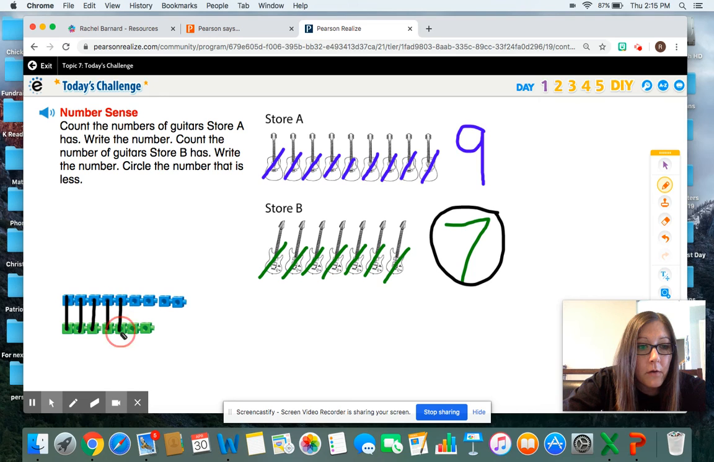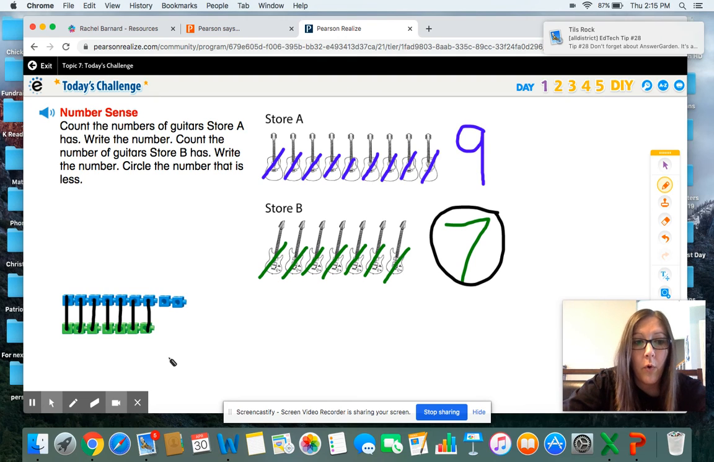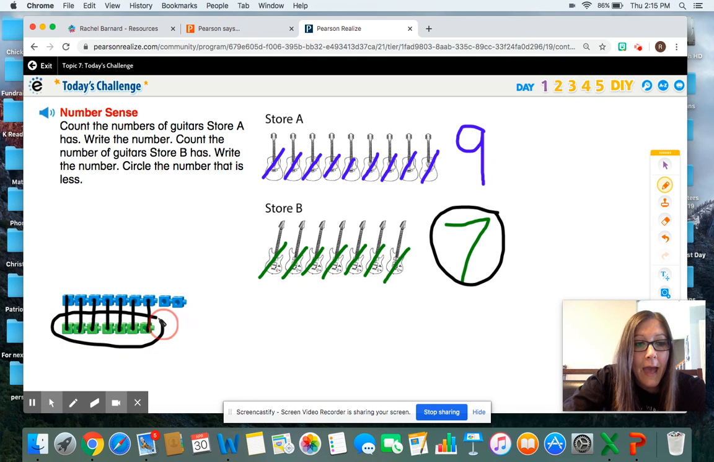I will keep on going until I cannot make any more matches. There we go. Oh, I can see that the blue group has extras. This group has 2 more. The group that has extras is the group that has more. That must mean, again, that this group has